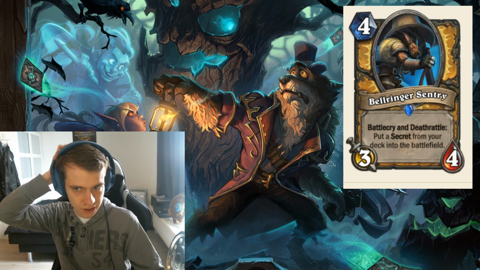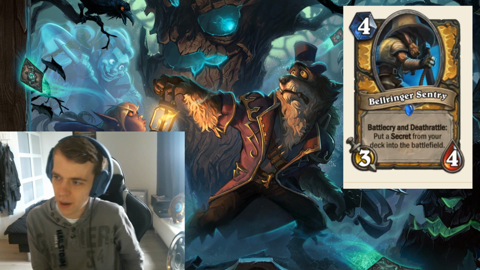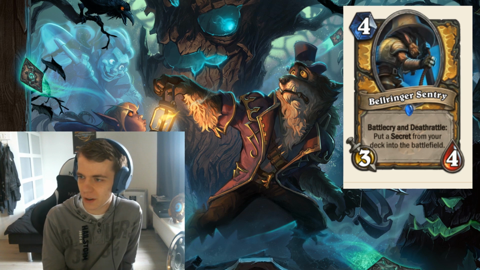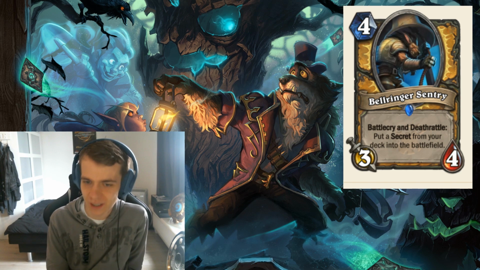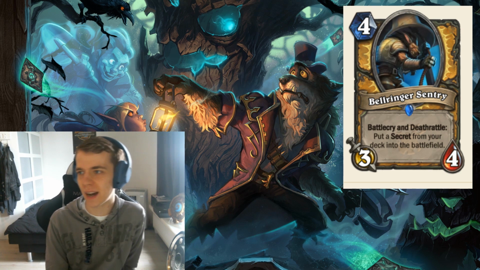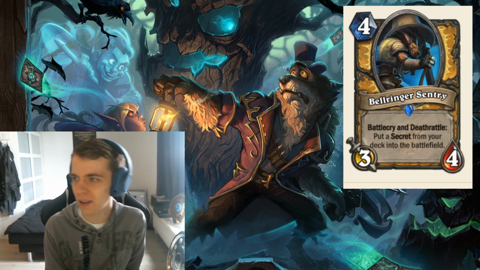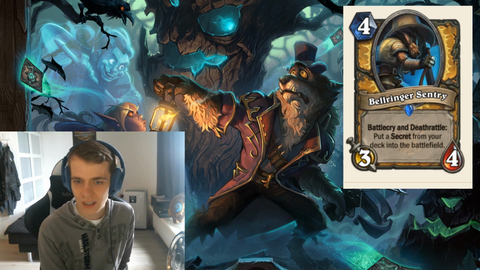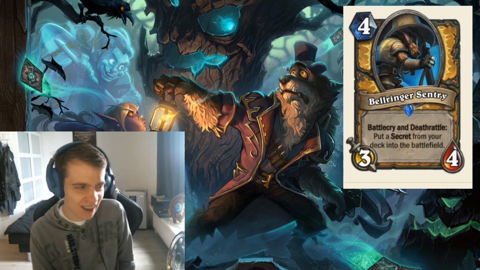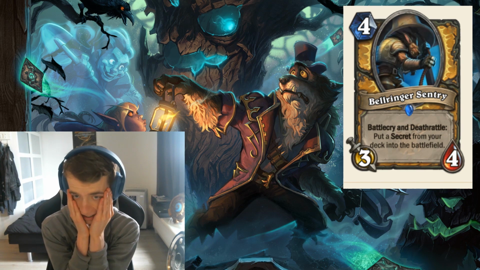Bellringer Sentry. So one more Paladin card revealed. 4 mana 3/4, Battlecry and Deathrattle: put a secret from your deck into the battlefield. I hope you're not getting too many flashbacks like I did, guys, when I first saw this card. I directly got a flashback of Mysterious Challenger. So that already gave me a little bit of feelings like, oh, really, are we gonna get this again? So,